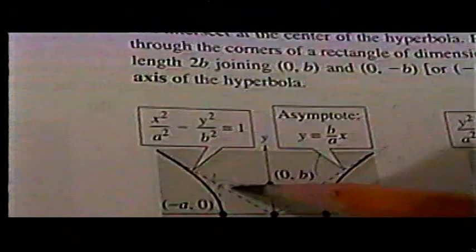Now, there's a nice quick way of graphing these hyperbolas, and we can do that by using A and B and making a rectangular box. If you look at this graph right here, take A on the transverse axis and go from the origin to the right A, and from the origin to the left A, and then draw your vertical lines. Then take B, go up B and down B, and draw your horizontal lines, and you have a rectangular box. Now, the diagonals of this rectangular box are the asymptotes. So all you have to do is draw the rectangular box, then put in the asymptotes,